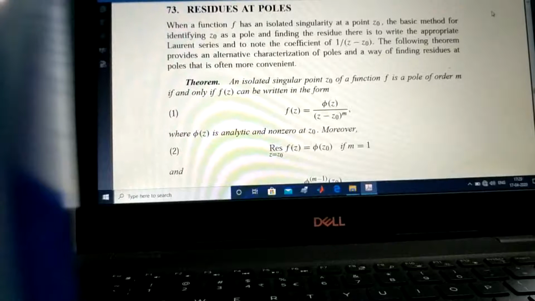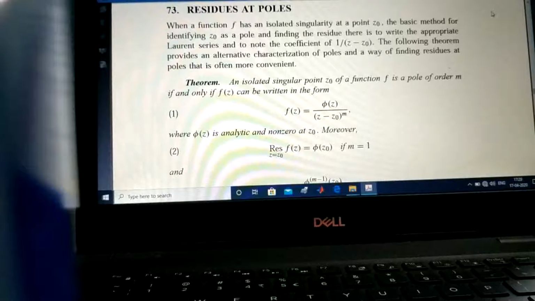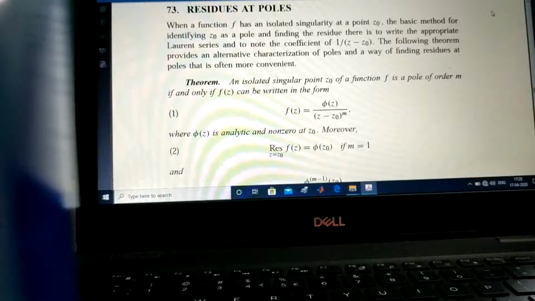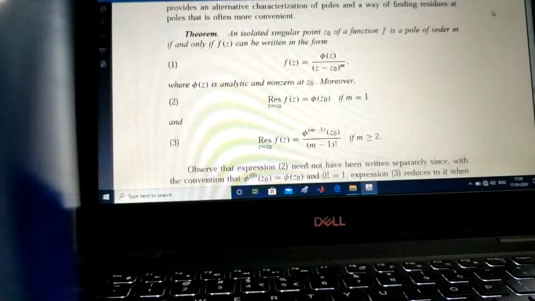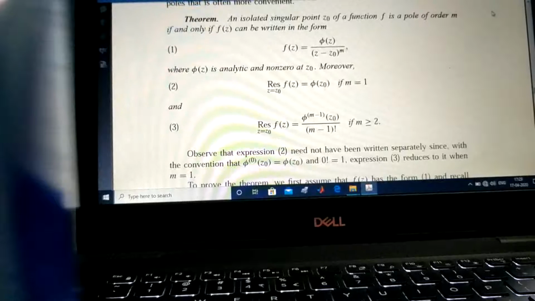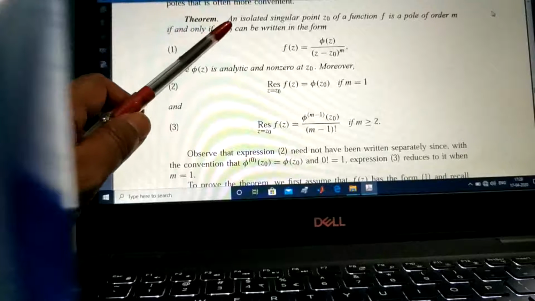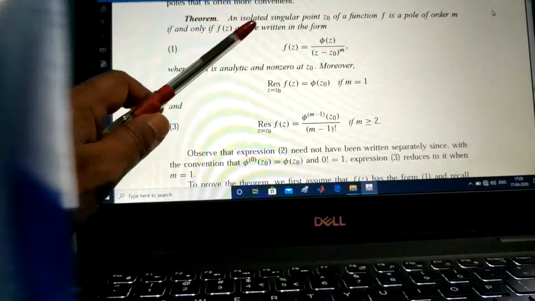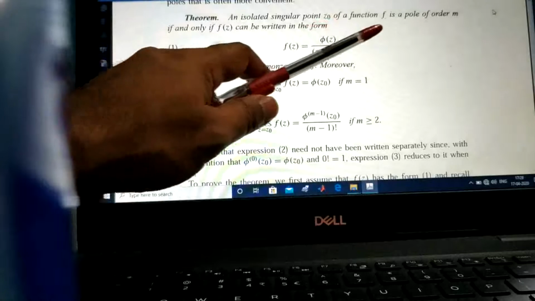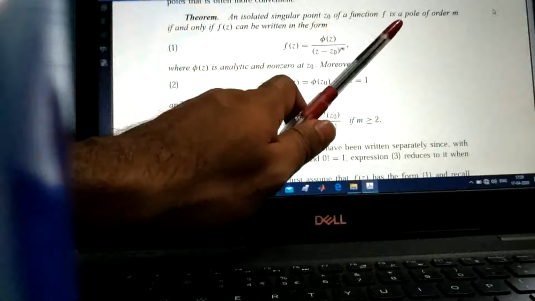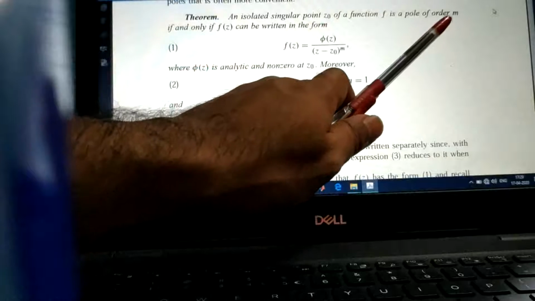Now here we will study a brief theorem or brief technique on how to find residues of a function at a pole z equals z0. This theorem says that an isolated singular point z0 of a function will be called a pole of order m